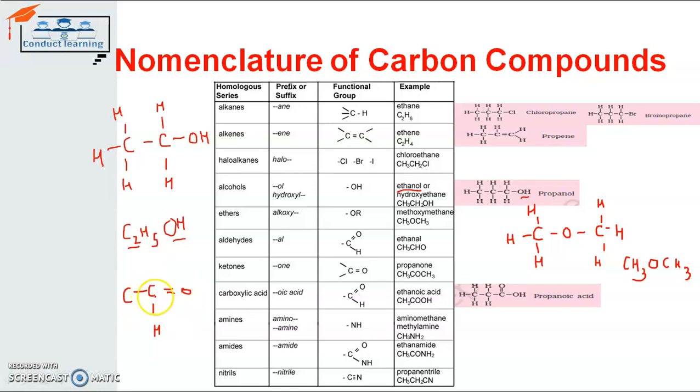So this carbon atom already shared its 4 electrons, one with this carbon atom, one with this hydrogen atom, 2 with oxygen. Now this first carbon atom is left with 3 different electrons that it has to share. So it will share one of its electrons with this hydrogen atom, one electron with this new hydrogen atom, and one with this hydrogen atom.